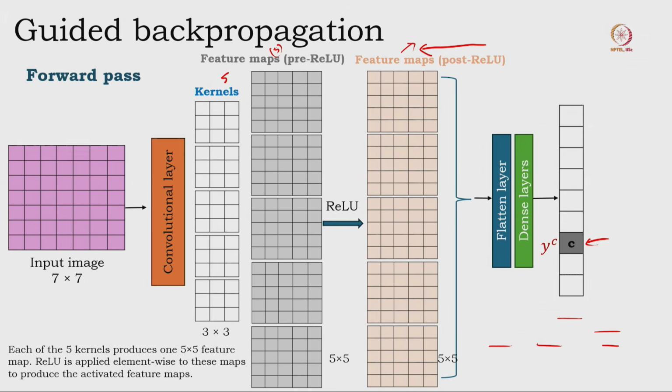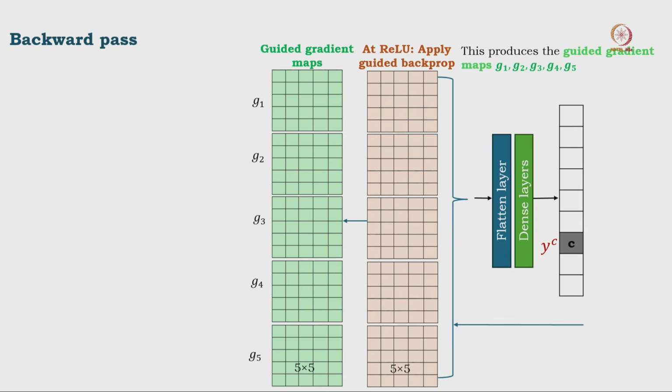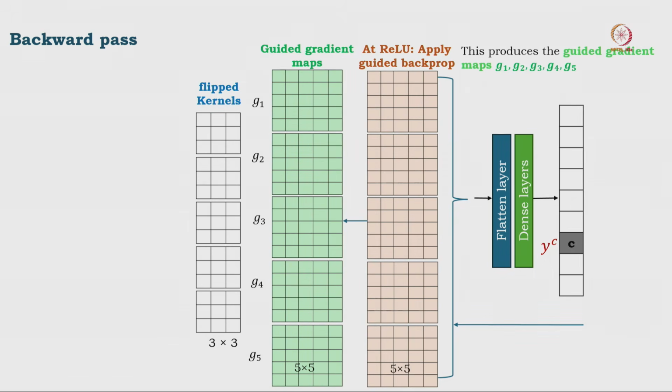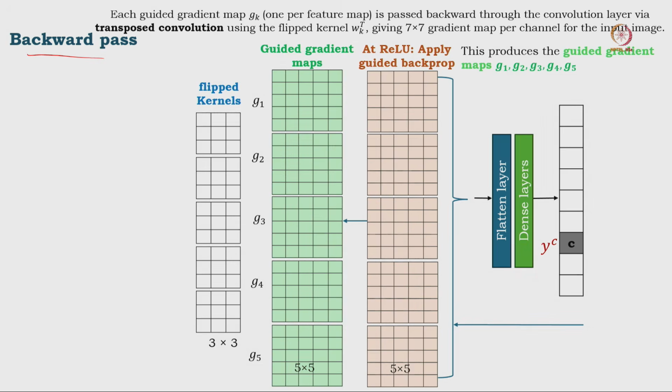Now, you have kernels also, because in order to reach the input, you have to pass through these kernels too. So, you have taken this guided gradient map, and then there are kernels. Now, we are not going forward; we are in the backward pass. When we are in the backward pass, the operation we are going to do is